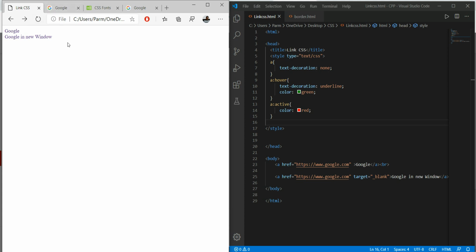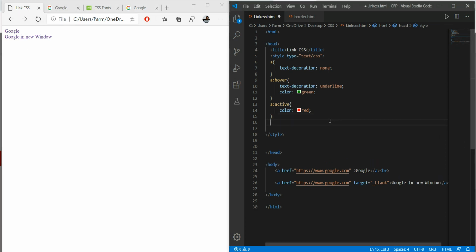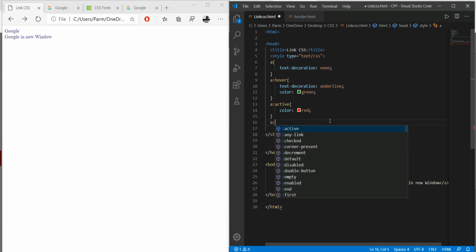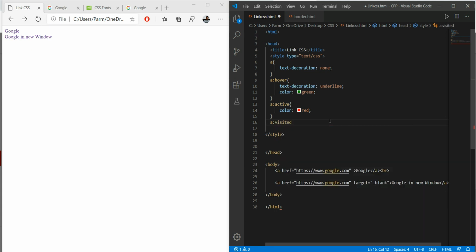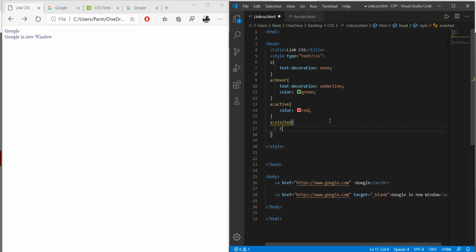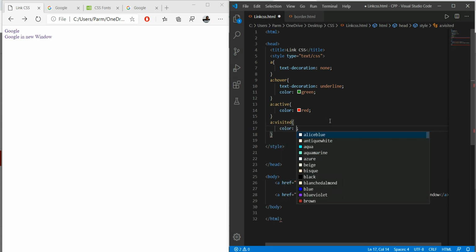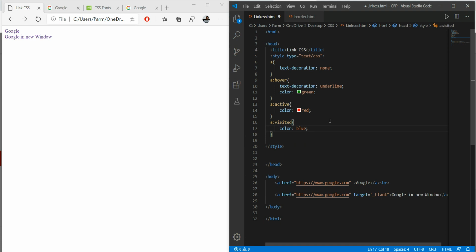Sometimes we have to use the visited link. So we use the pseudo class for visited links: a:visited, and here we write color blue.